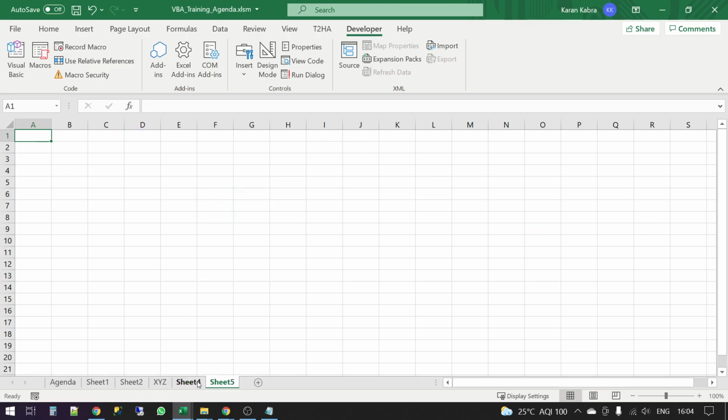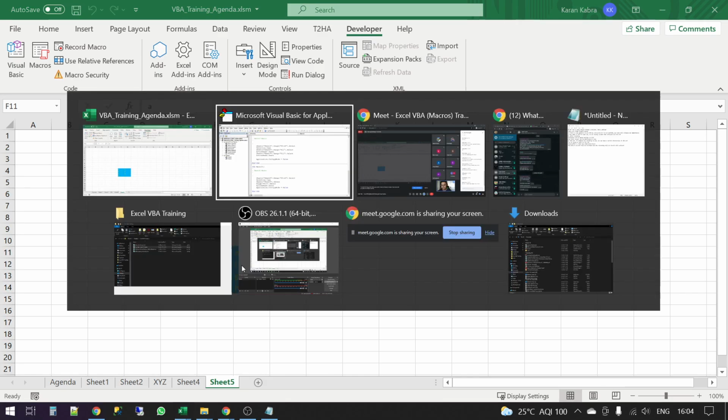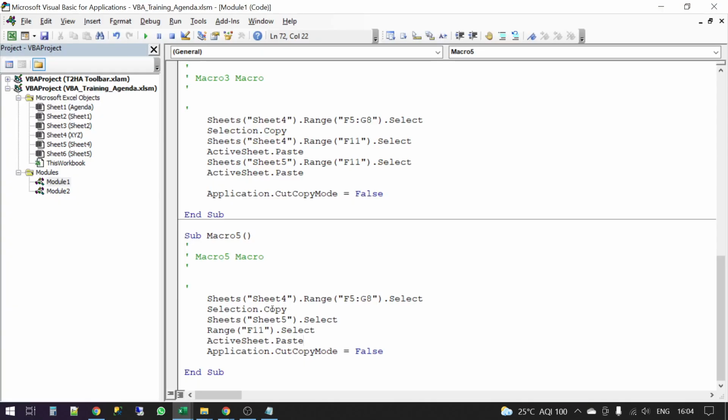See, there is nothing in sheet 5. I go here, I hit this button. It has pasted this in sheet 5. So Mrinal, there is obviously an option to perform any action in multiple sheets. And here in this particular case, since we use the copy paste option, we had to also go to sheet 5. Right? Okay, cool.